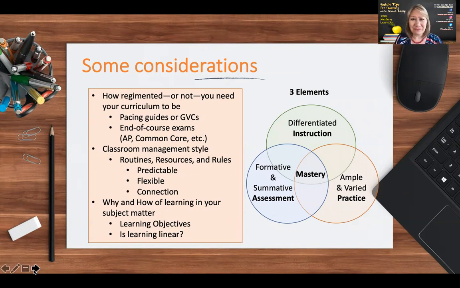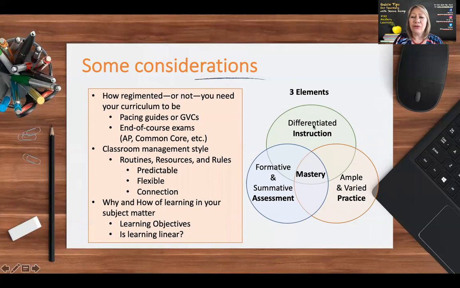Now, of course, any of our curriculum, any time we're in the classroom teaching, we have these three elements that we're always moving around in between and coordinating: instruction, practice, and assessment. Mastery learning is where those all meet in the middle here.